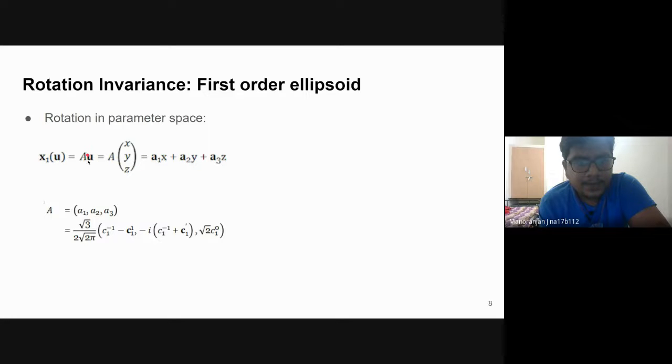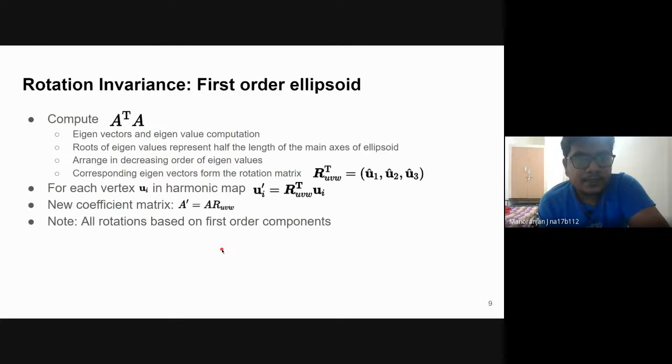And I call this matrix A. So this will be characterized by those coefficients that you see. And each of these coefficients will be a vector of size 3. So this A matrix will be a 3 cross 3 matrix. And in the paper, what they have told is, once I compute A transpose A and get the eigenvectors and eigenvalues of this corresponding